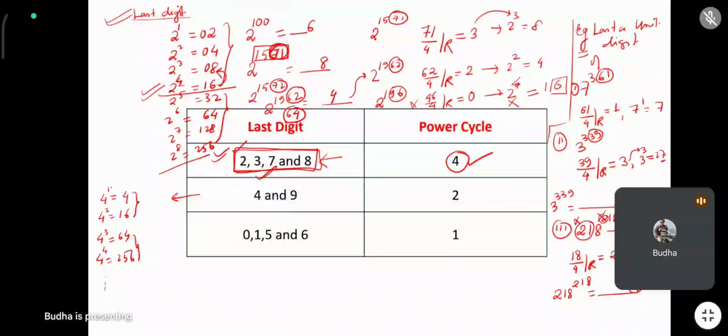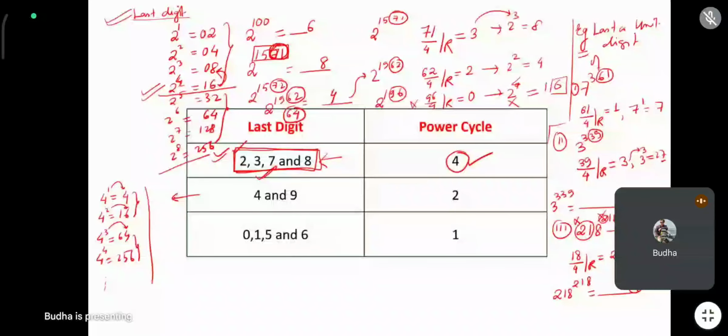देखो, when the power is odd, it is 4. Power is even, 6. On the spot also you can check. हाँ, power even है तो it is 6. So you try out for